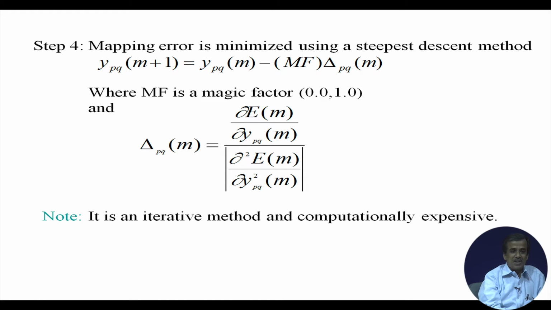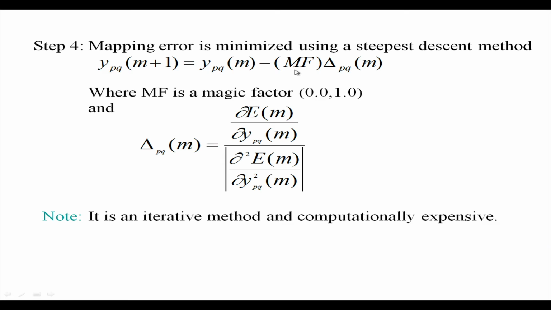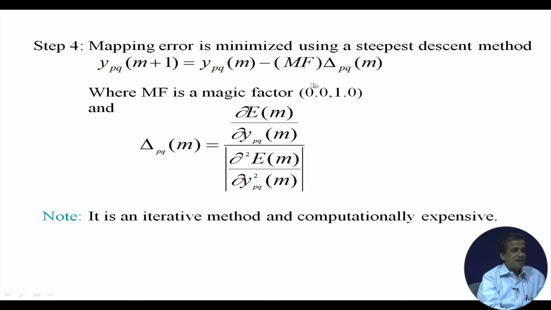If you remember the steepest descent method, there is one step length and search direction. So, step length is denoted by this particular magic factor MF, and this delta_pq^m is nothing but the search direction. Okay. And here we are moving opposite to the gradient direction, and this is a minimization problem. Our aim is to minimize the error in mapping. Okay. So, this particular E^m, that is the error in mapping, we are trying to minimize